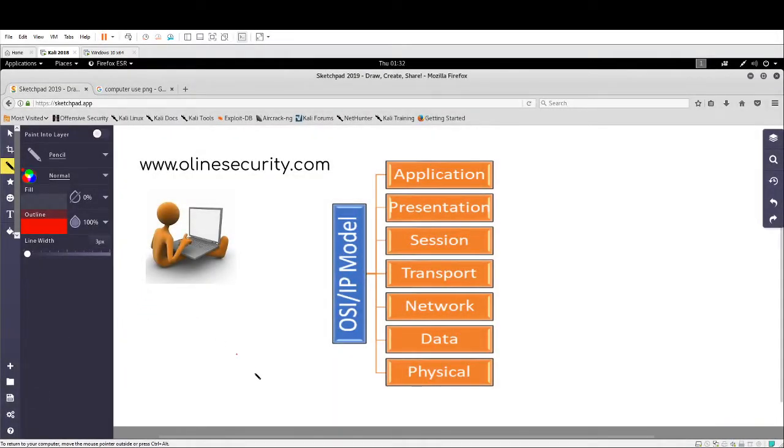All right, the OSI model, the Open System Interconnection model. This model is a framework that we use to troubleshoot our network and to get a better understanding of what data is doing on the network. It is made up of 7 layers from bottom to top. We have layer 1 physical, layer 2 data, layer 3 network, layer 4 transport, layer 5 session, layer 6 presentation,